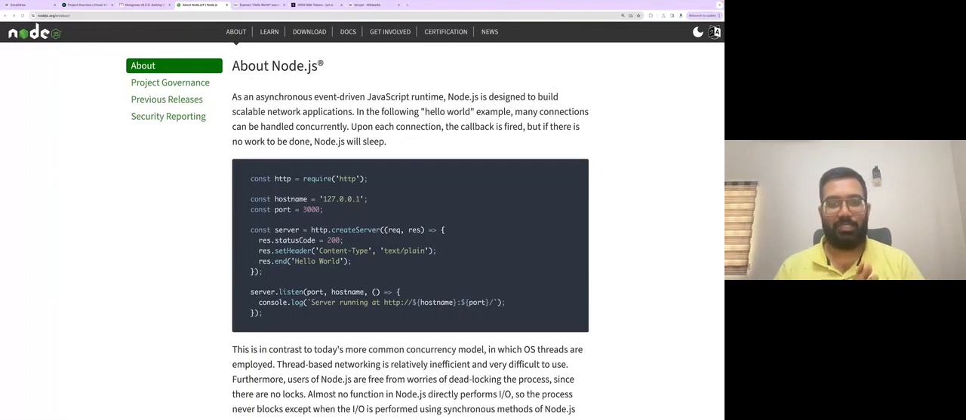So Node package manager is our manager for all the dependencies or libraries that we are going to use. So we are going to make use of both of them. We are going to use the Node.js runtime to run the server, and we are going to use the package manager to install packages or libraries or dependencies. Okay, so I already have this installed in my system,